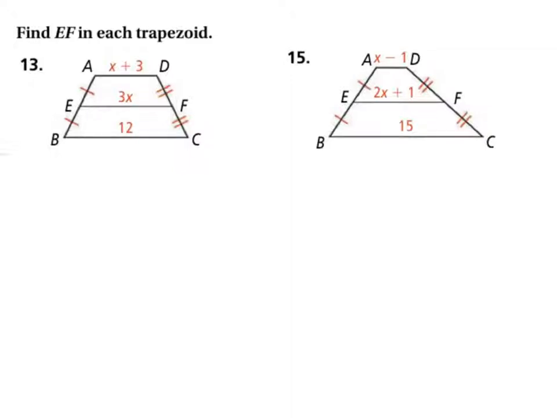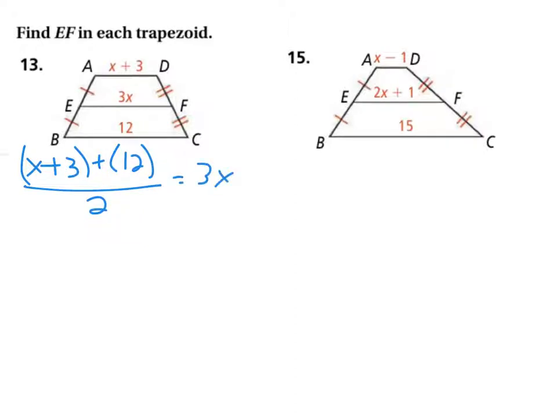So if we write this out, x plus 3 plus 12 divided by 2 equals 3x. Now, if we add this, we can combine like terms on the top, so we get x plus 15 divided by 2 equals 3x. Now, we could divide both things by 2 and get 1/2 x plus 7.5 equals 3x,